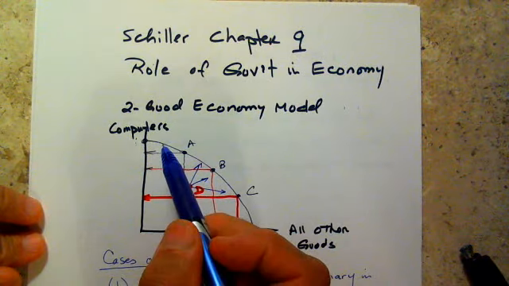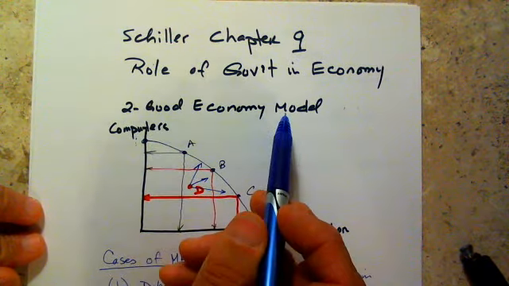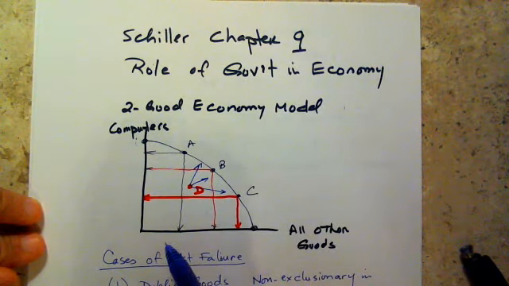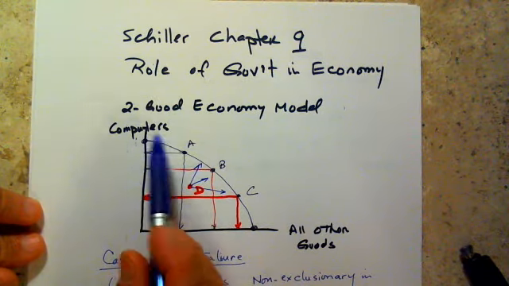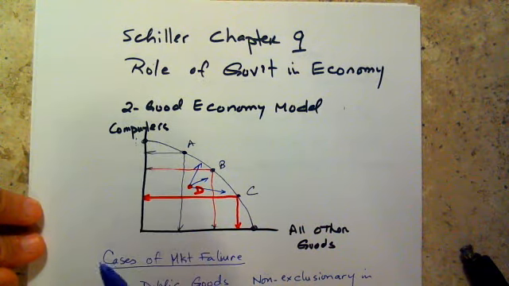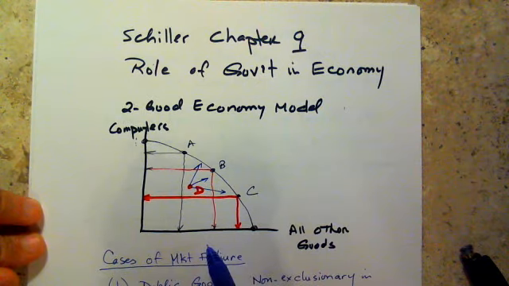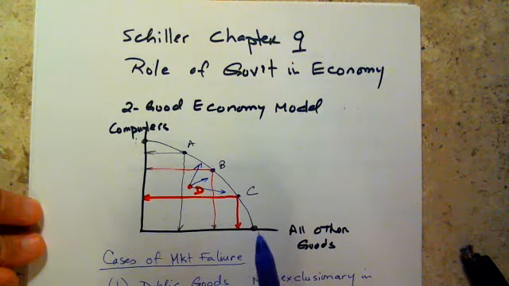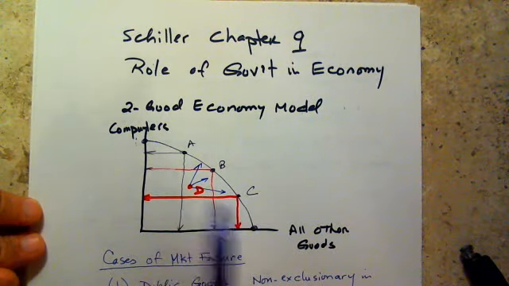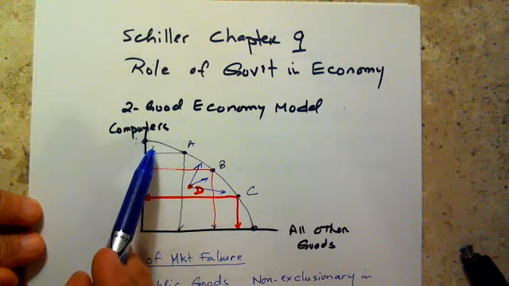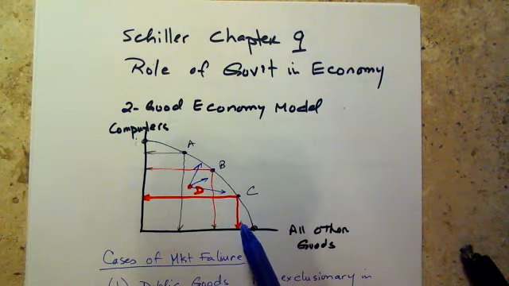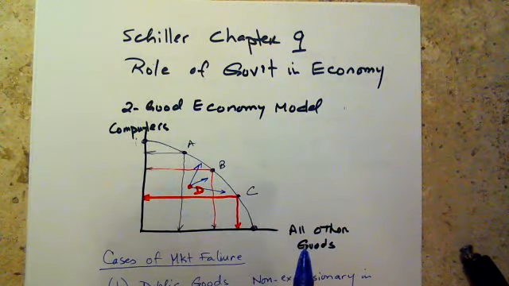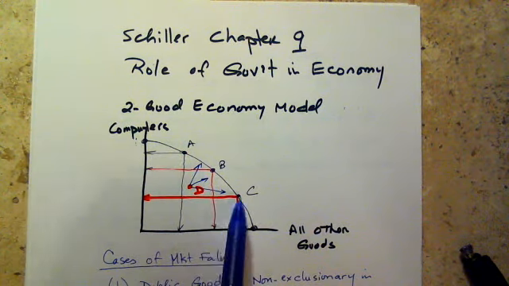If you remember, we started off by looking at the two-good economy model to simplify, in which, let's say, an economy can throw all of its resources, land, labor, capital, and produce nothing but computers, and that's the quantity that it can produce, or it can zero on the other goods, or conversely, throw all of its resources to produce all other goods and zero on computers, and most often, of course, logically, a combination of the two, and that is depicted by this curve called production possibility frontier, which is a curve reflecting different combinations of these two goods that can be produced, such as A, B, or C.